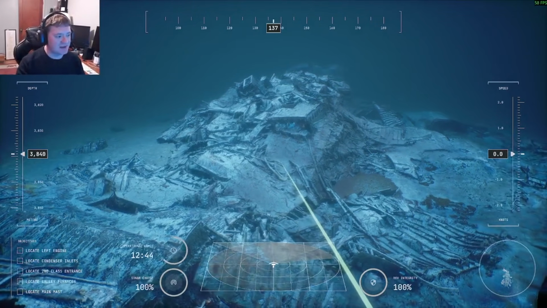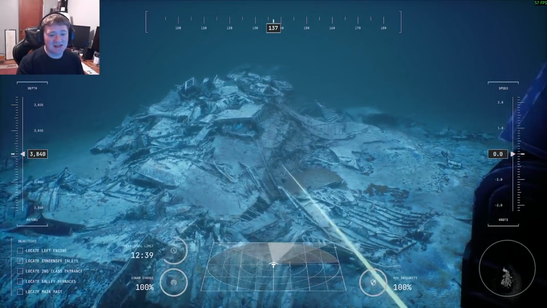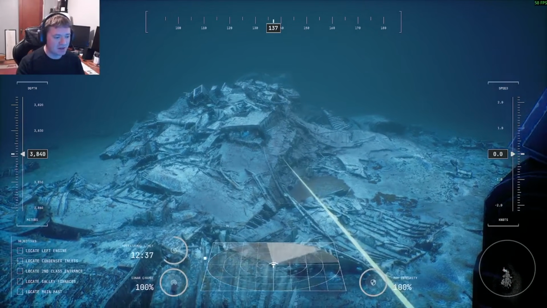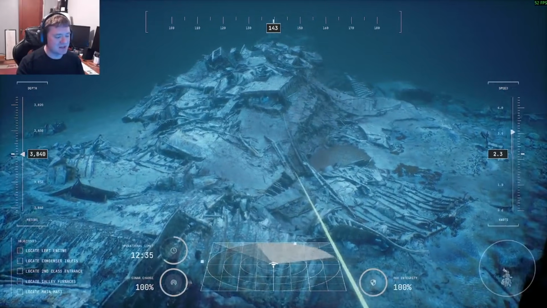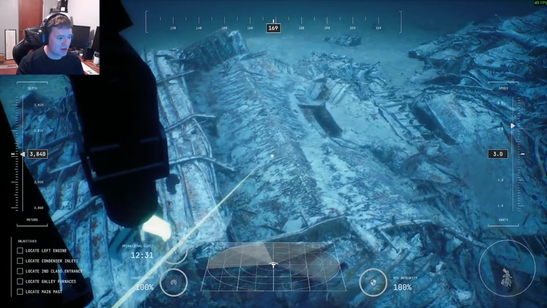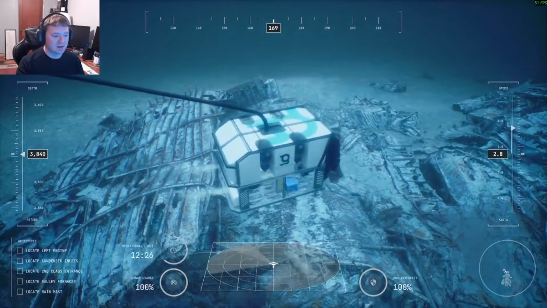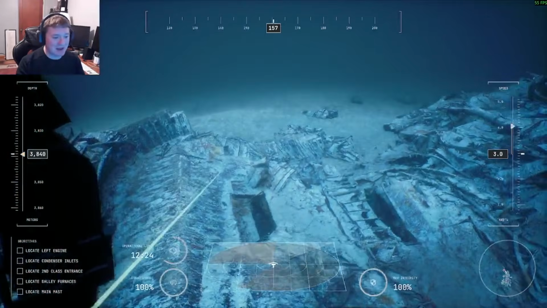Look at the wreck. Look at the devastation. It's like I told you, the Titanic's bow section still resembles the ship, but the stern barely does. It just looks like a big, huge, jumbled up pile of metal at the bottom of the ocean. I mean, it's just gone. If you didn't know that this was Titanic, I wouldn't expect you to know what this is